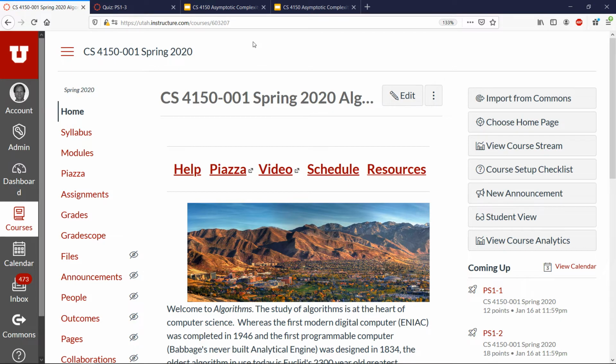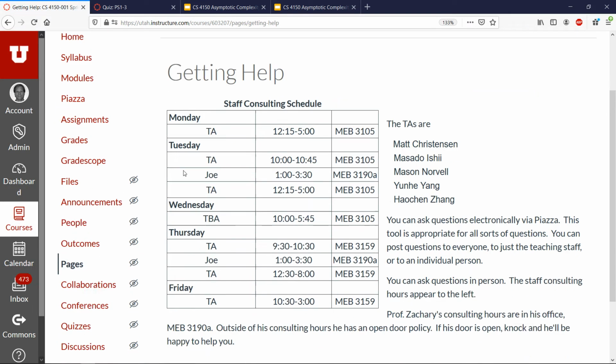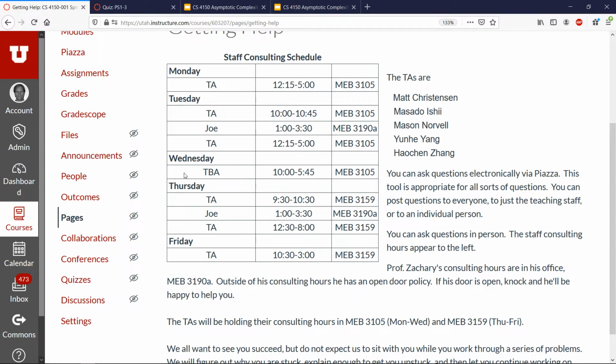Okay, a couple things I want to point out. So right here on the home page in Canvas, there's a link to the videos here. So you'll find the posted videos. That just takes you to YouTube, to a YouTube playlist where I put the videos after class. And we now have, if you click on help here, we've got the staff help hours up. So as you can see, we got hours